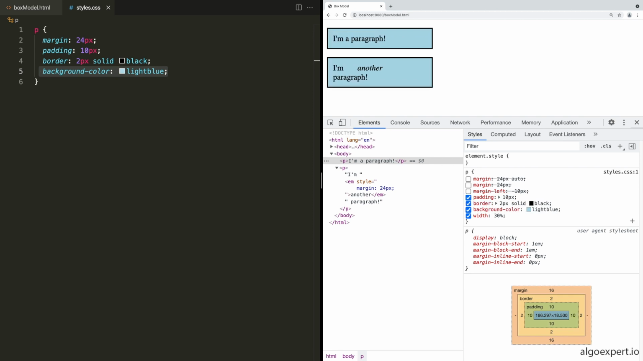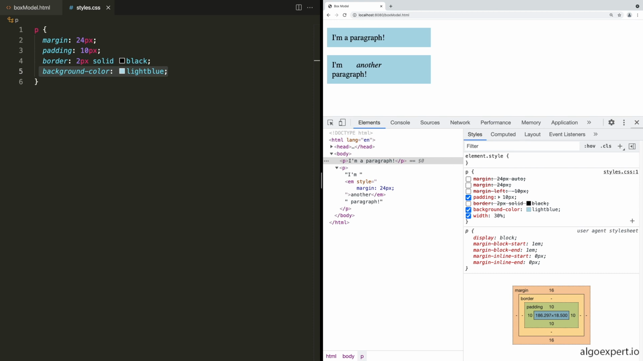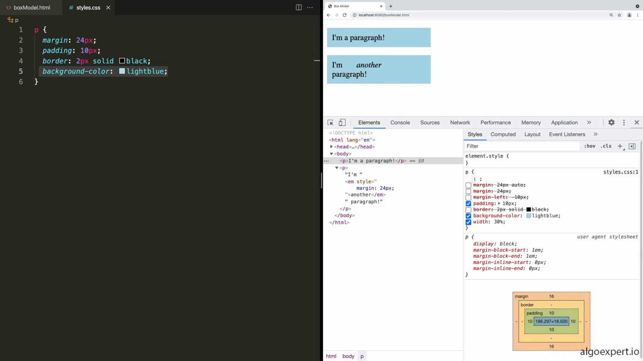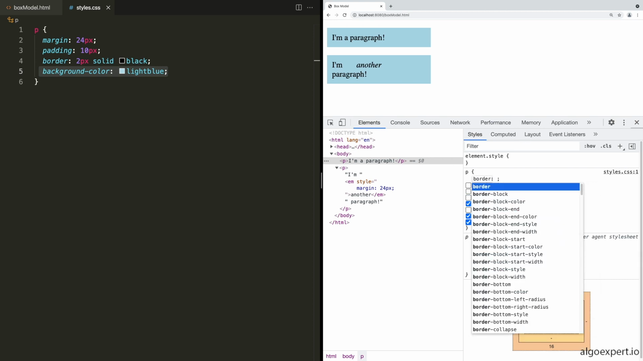And finally, let's take a look at how we can edit the border. So here you can see we have a border of 2 pixels solid black. We can disable that and the black border goes away. There's not that much to the border. The one thing to know is that you can set just one direction, just like you can with padding and